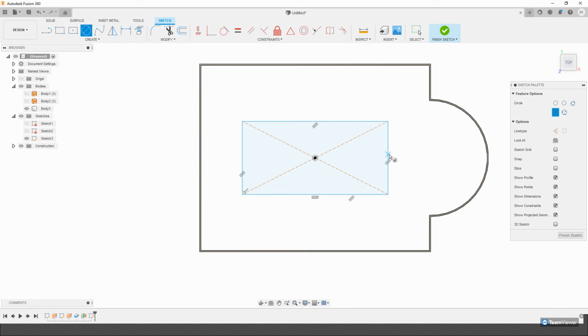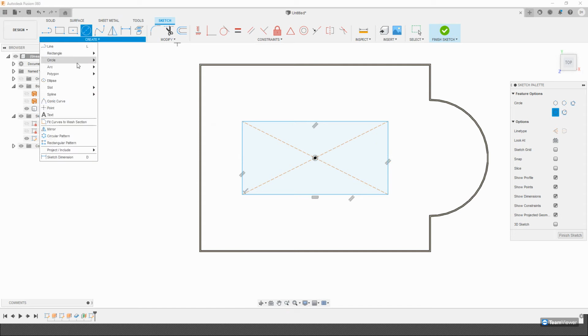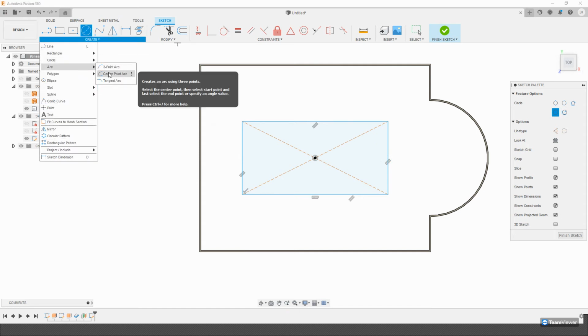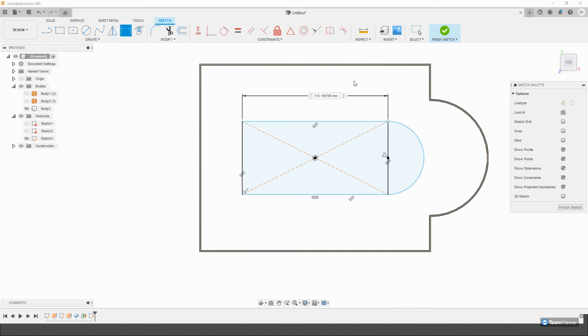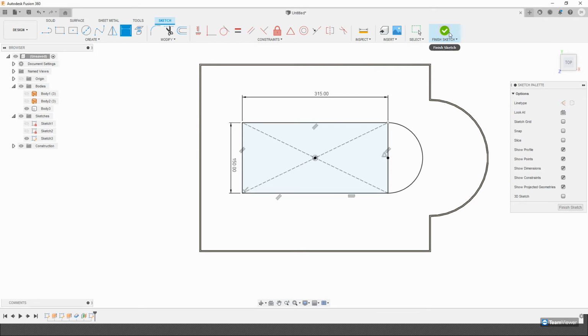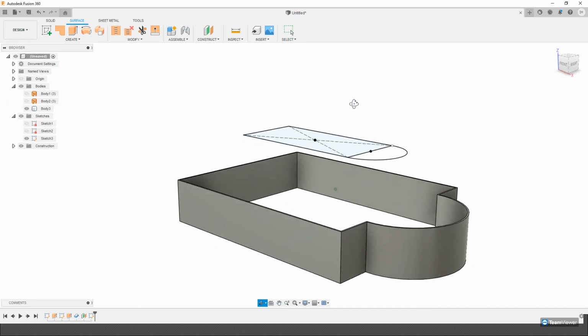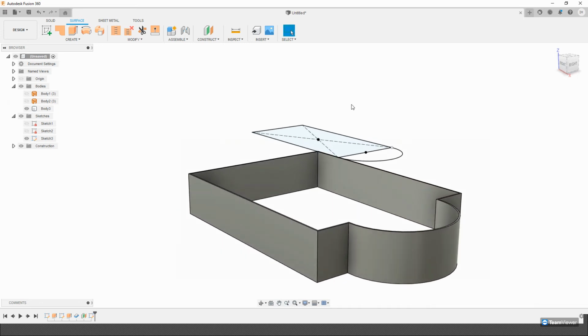All right. I'm also going to use an arc. So I will probably use a center point arc. And let's dimension these. 5. Now, I might not be sure what I want to do with this, so perhaps I want to create a